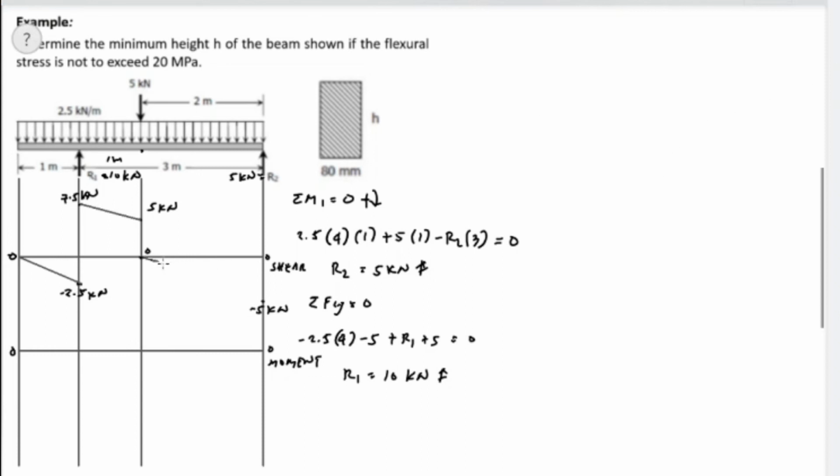From 0 up to negative 5, and it is diagonal. And from point 2 we have negative 5 kilonewton, and the reaction 2 is also 5 kilonewton positive. So 5 minus 5, and the value is 0. So we have the shaded area,